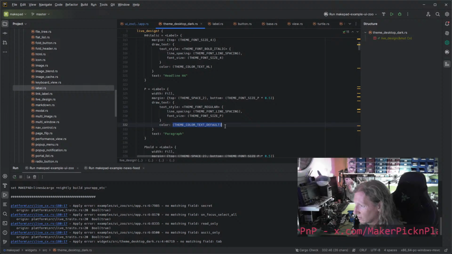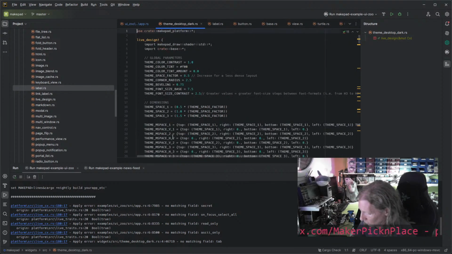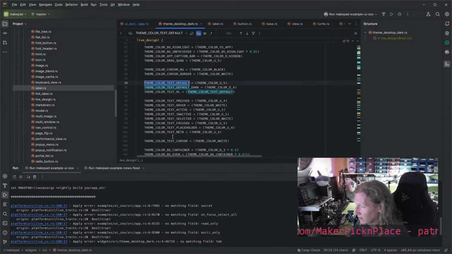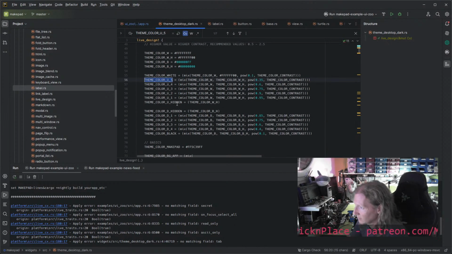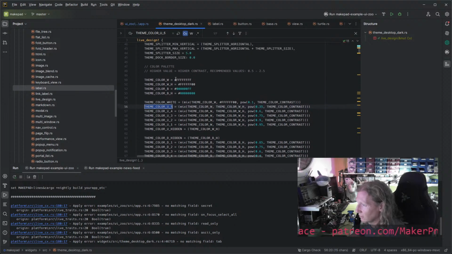And I guess you can use brackets to do that, but what does a color look like? References to other things are other things. Oh, so